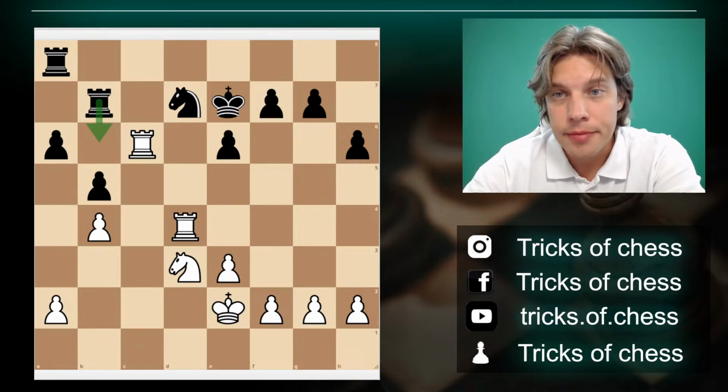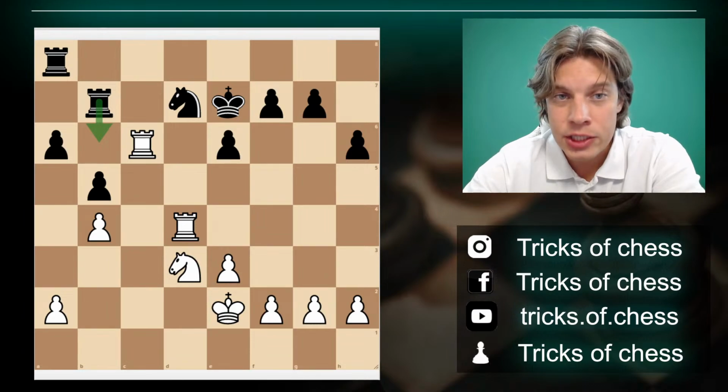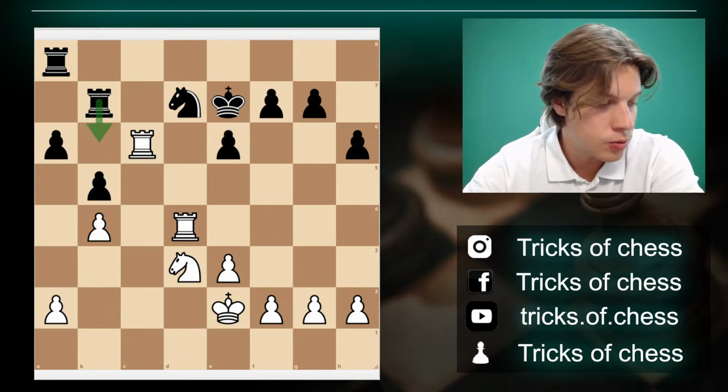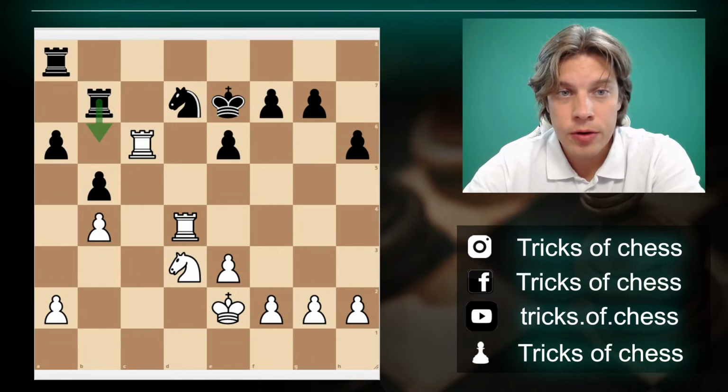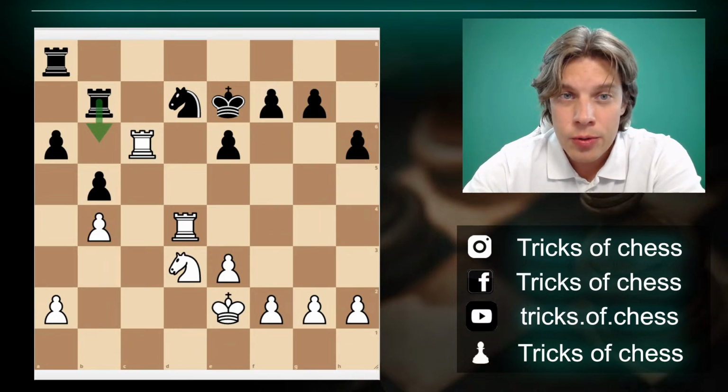Well, okay, of course, yes, you may say rook c7, but anyway, before you decide to play something else, you should calculate the direct variation. If they offer a trade, why not take? This is at least what we should analyze. Okay, here rook b6, rook takes b6, knight takes b6 doesn't offer anything and actually simplifies the position, which is in black's favor because they are playing for a draw. Rook c7